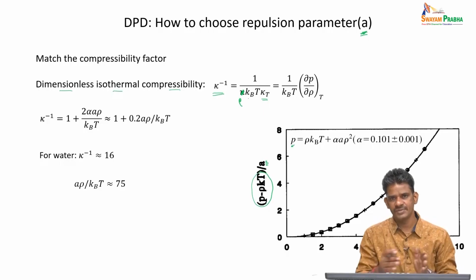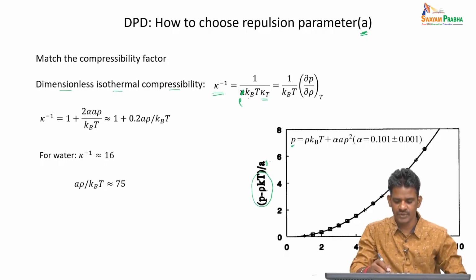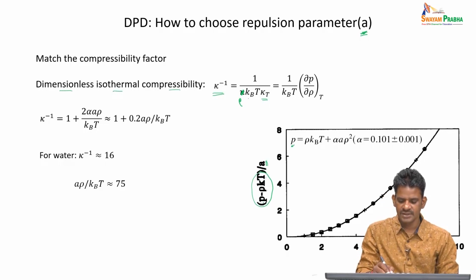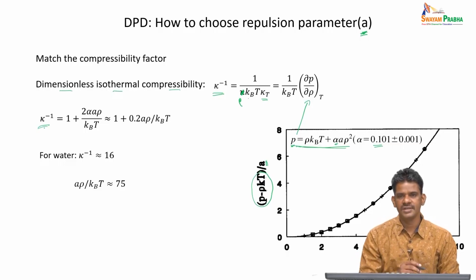So you are doing several simulations with different sets of A values, and then you are normalizing all these simulation values with respect to A, and when you plot P minus rho kBT by A versus rho, you see this nice quadratic expression for the pressure, which is nicely fitted with a constant alpha, typically about 0.1. So now we take this expression and substitute this pressure in this expression, and then calculate the